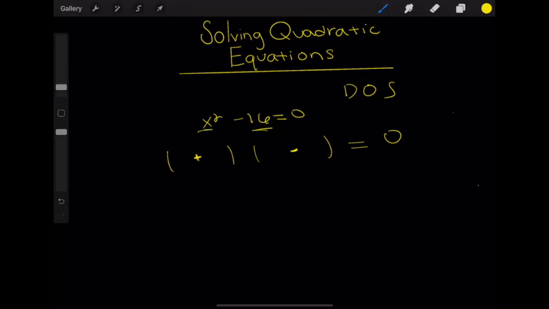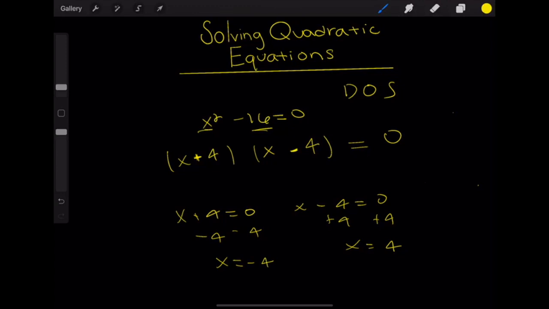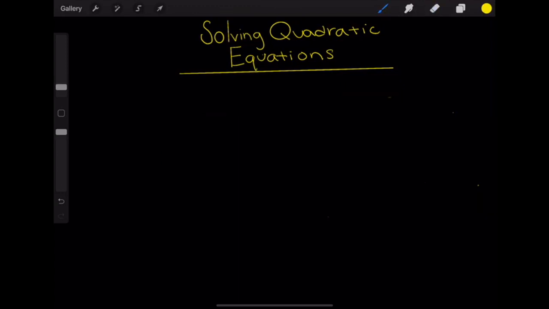So what is the square root of x squared? It's x, and then the square root of 16 is 4, x and 4. So they're the same, but just one's addition, one's subtraction. And now you'll set both of these equal to 0. Add 4, x equals 4. Subtract 4, x equals negative 4. And you're done. Our next problem will still be difference of squares, but now there is a coefficient in front